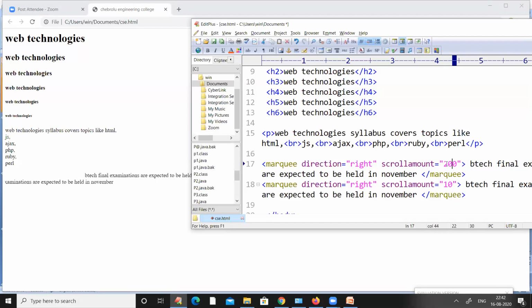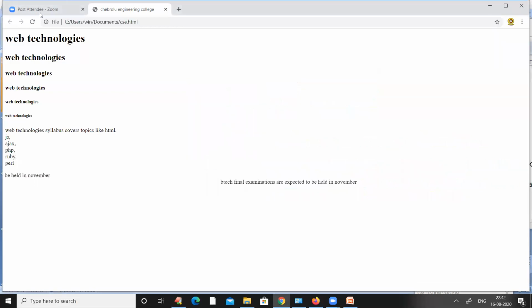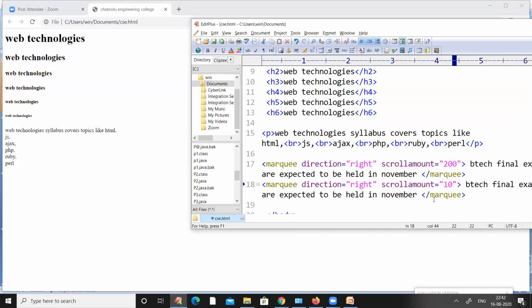So let us check what happens if we give some scroll amount like 200, save the program and observe the program by pressing the refresh button. We can observe the lines are moving like a train. Next, let us check what happens if we give a negative value to the scroll amount.